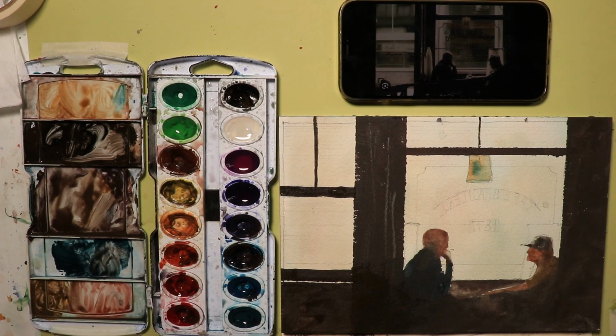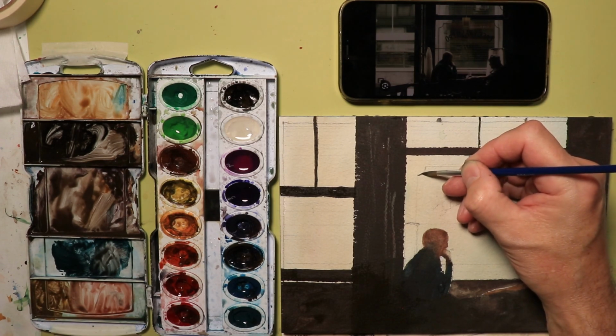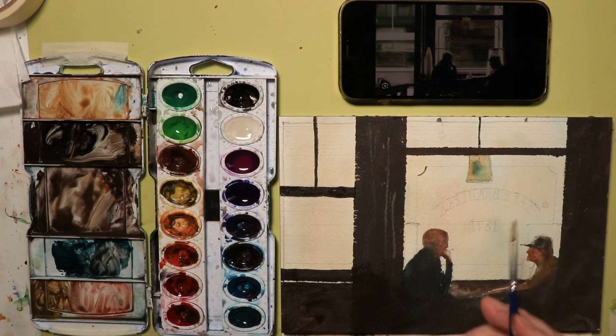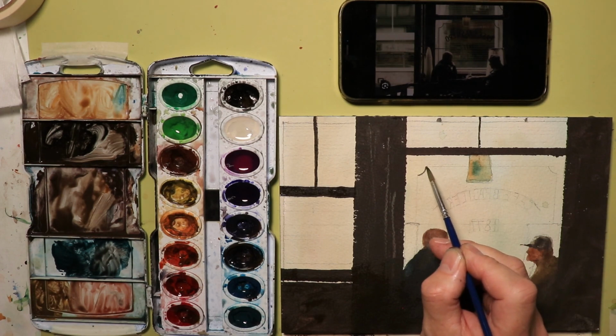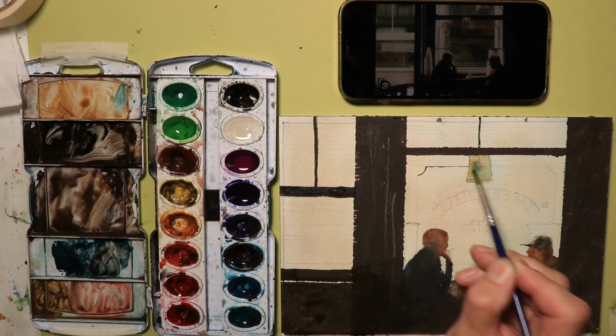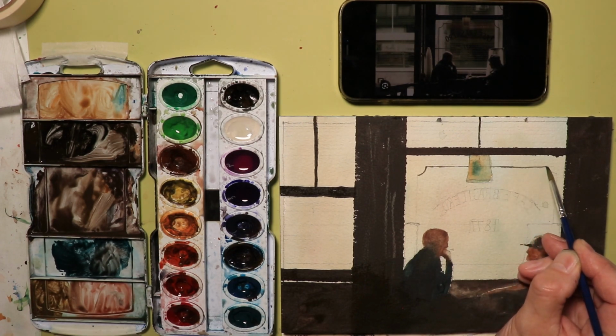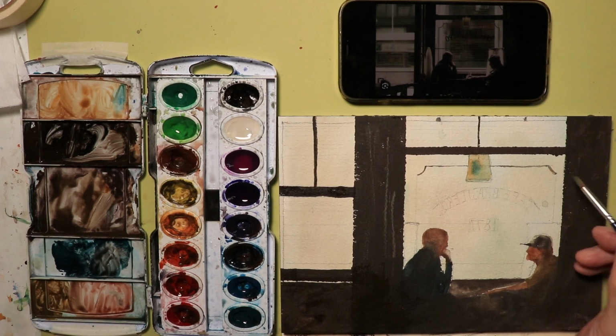And then maybe we'll do some of this, the windows. I'm going to do some careful lines here. You can use tape. You can use a ruler and run your paintbrush along a ruler if you want. But I'm not too worried. I think I can just